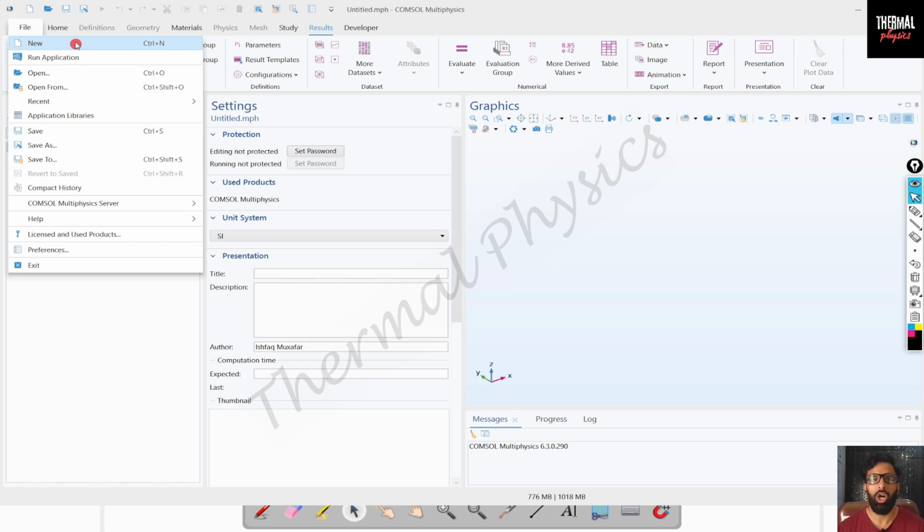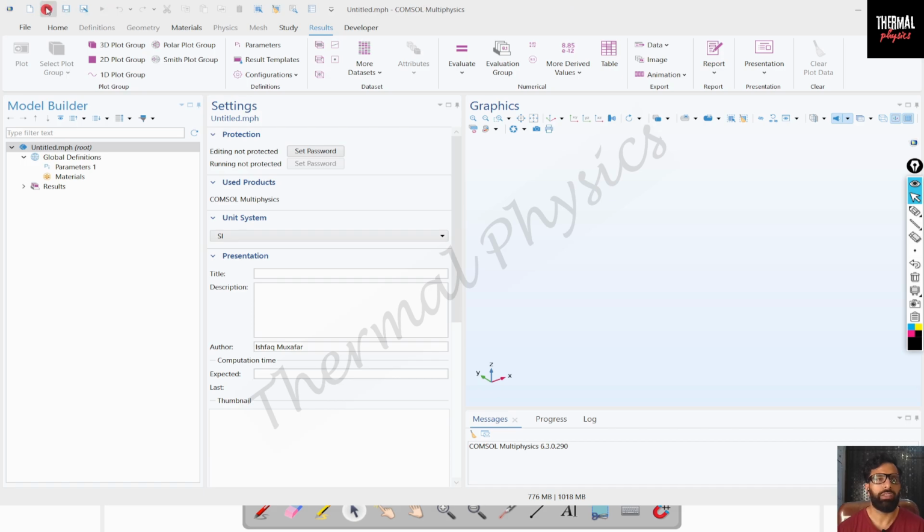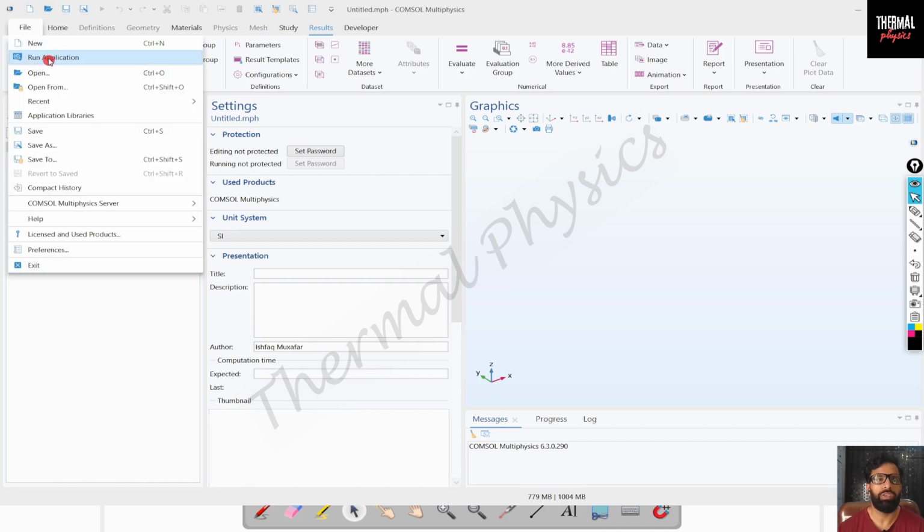Now this is the feature that is already present in the quick access toolbar. The first option, the quick access toolbar, was new, and it is the same. Then after that we have run application. So what I said about this last time, I said that